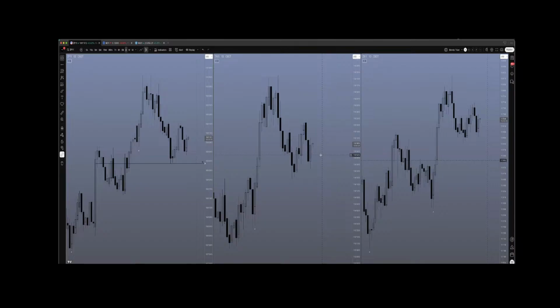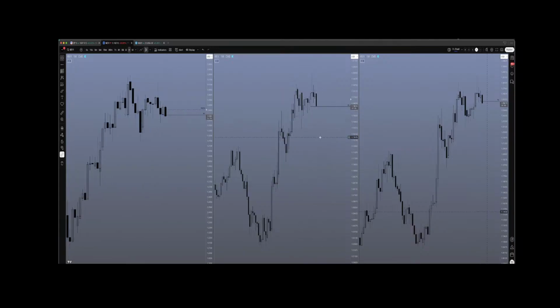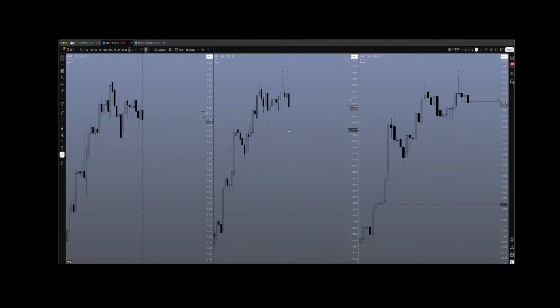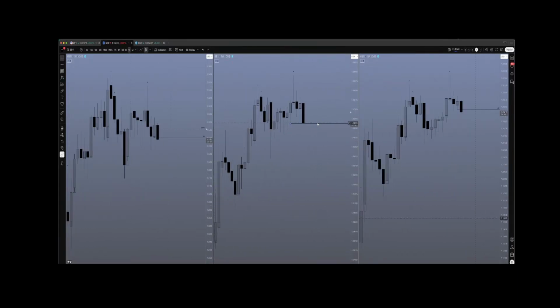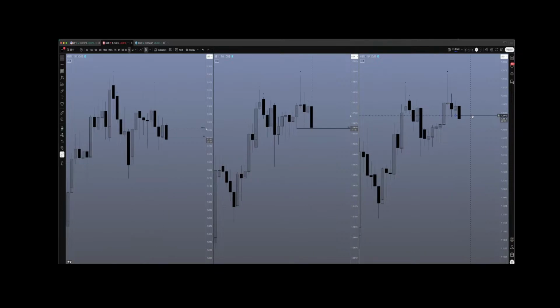Week 1 forms a range. What's the weekly profile for FX? It is a range as well, and it looks like we've just tapped into that CRT low on 6E. That was my draw of liquidity. We still have a level on 6S down here. I think we'll gradually draw to that as well, but